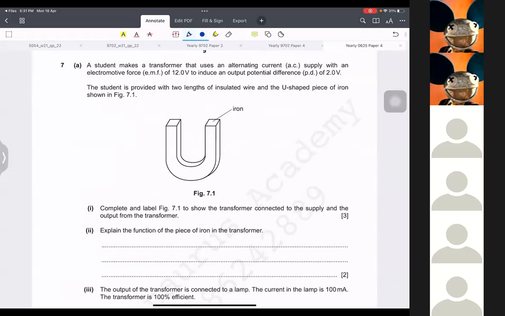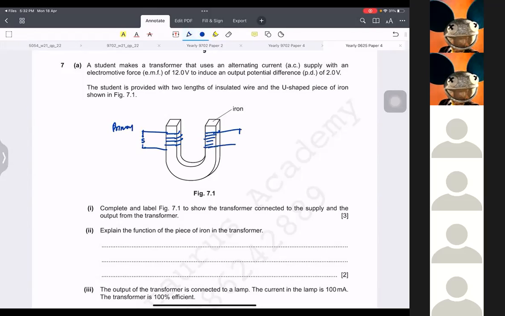So what you can do is make some coils here connected with alternating current. By the way, the sign for alternating current is a wave like this. Okay, and this will be your primary, and here